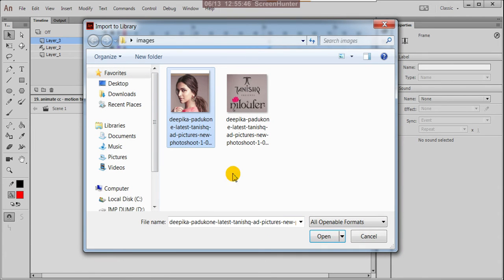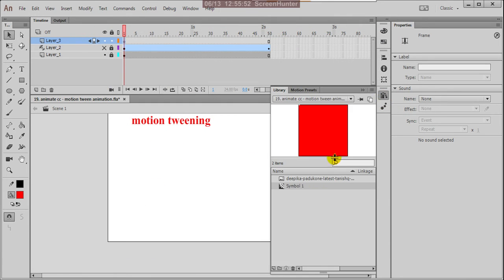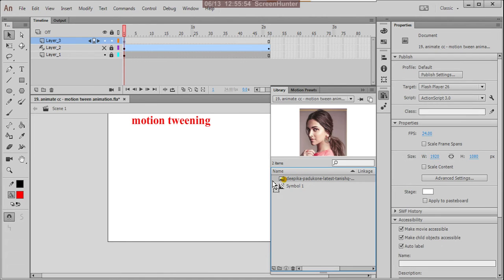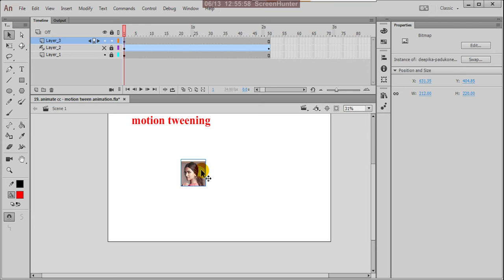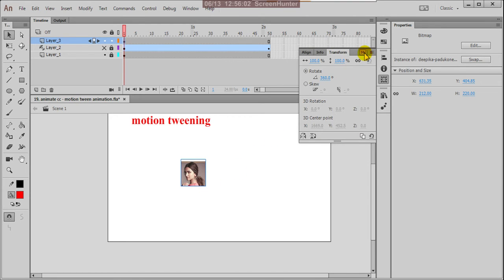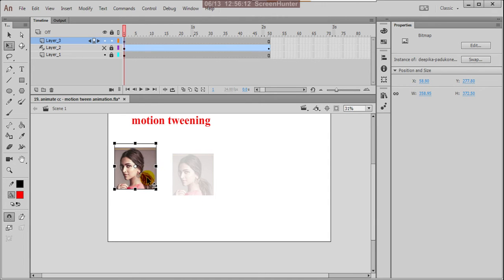Take this one for the time being, open. It is already in the library, Deepika Padukone, yes, this is my picture. You can make it a bit bigger: use Q to get the transform tool, and with shift make it a bit bigger.